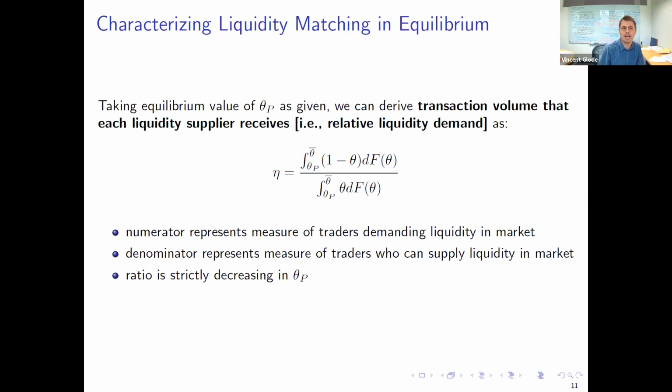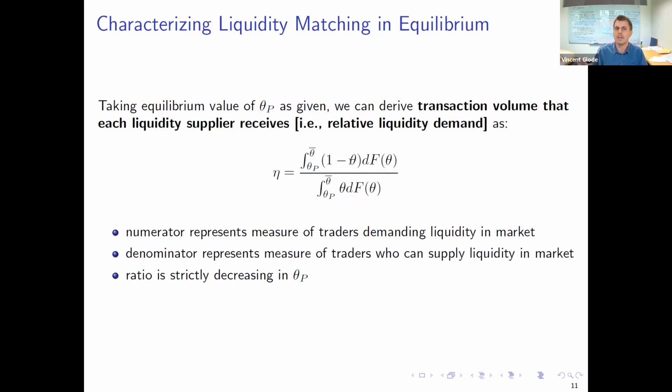So let's look at the liquidity matching for now. Let's take theta P as given, so there's a certain level of participation in the market. And now we'd like to know the transaction volume that each liquidity supplier is expecting to receive. This is given by eta, where the numerator is the measure of traders demanding liquidity in the market. So we take the integral from the participation cutoff to the upper bound of all the traders, and 1 minus theta is the probability of